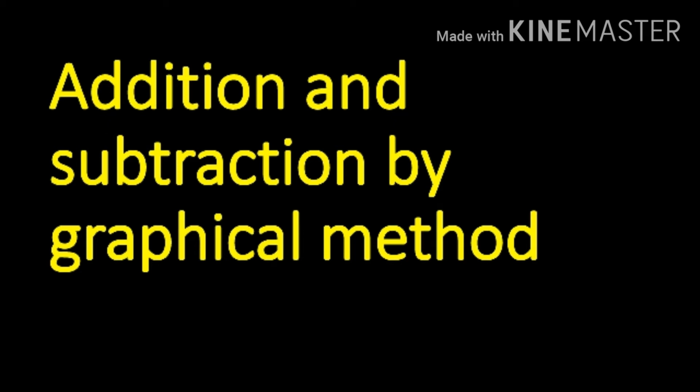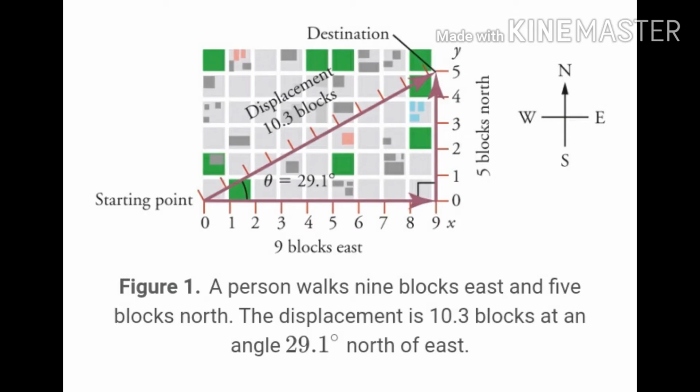As you can see, the figure shows a graphical representation of a vector: the total displacement for a person walking in a city. The person first walks 9 blocks east and then 5 blocks to the north. Her total displacement does not match her path to her final destination. The displacement simply connects her starting point with her ending point using a straight line, which is the shortest distance.